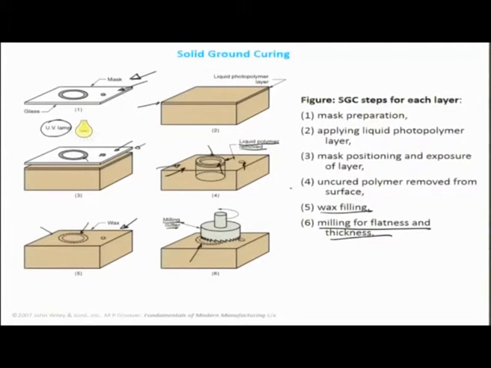We then repeat this process again. So we coat the liquid polymer again, we do photomasking again. Now this time there has to be an alignment between what was outlaid in the first step, that is this, and the second outlay. So you should have alignment marks on the mask so that it comes and sits on the top of the wax layer. And then again the thickness of the liquid polymer layer would get cured in places where it is exposed. Again remove the remaining region which has not been exposed